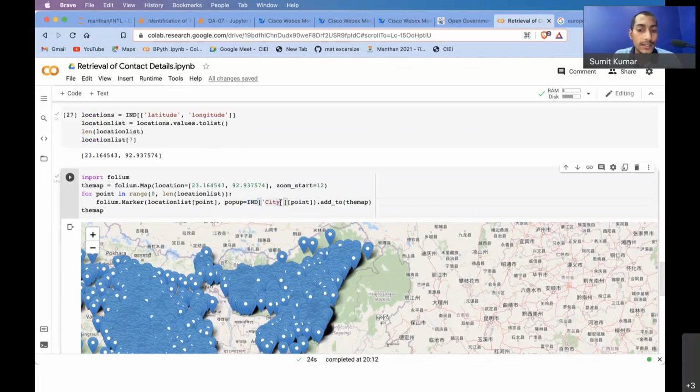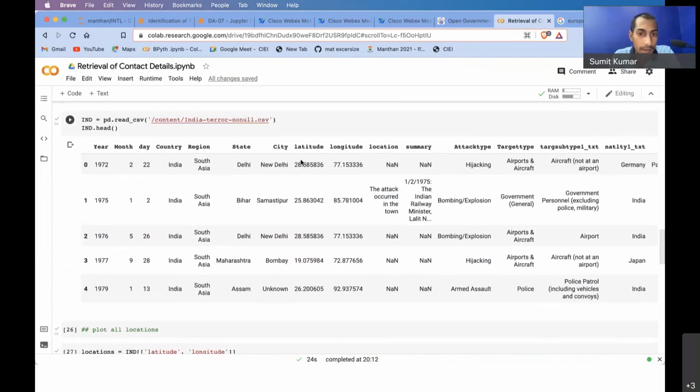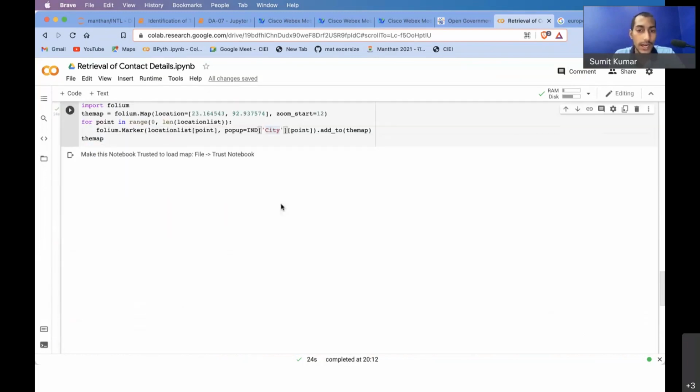If I don't target the cities, I can target the states. I can target any of the values. If you just see the data frame, I am targeting the city. If you don't want to target a city, you can target a state respectively. That will actually give a different map. If I just copy it,